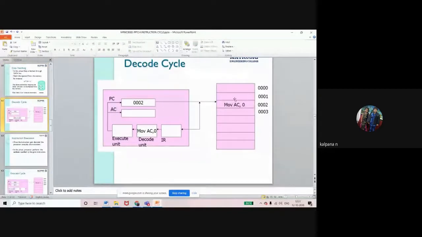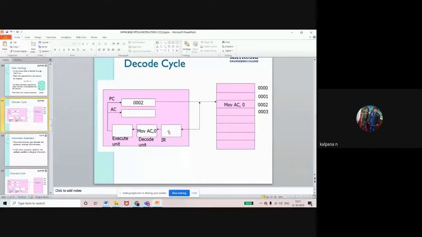Decoding cycle. First the program counter gives the 0002 memory location, then the processor goes to that memory location and checks what instruction is present. It finds MOVE AC comma 0, takes that instruction and stores it in the instruction register.